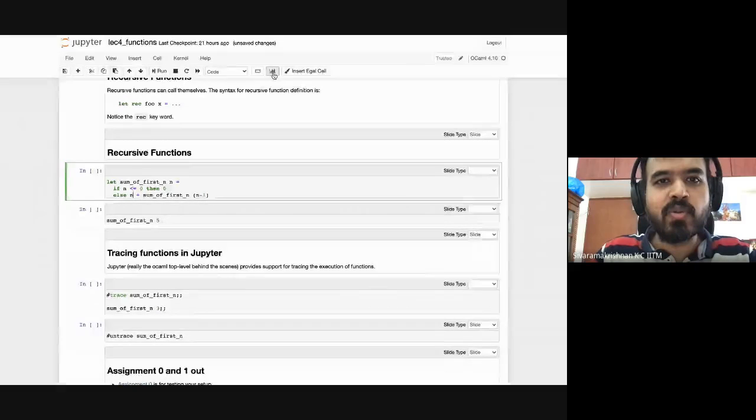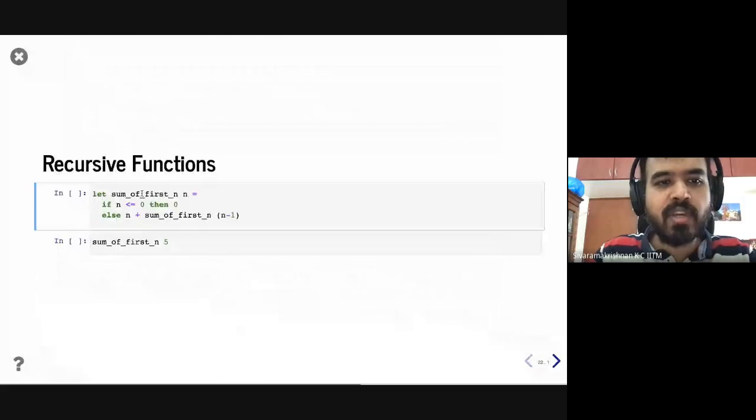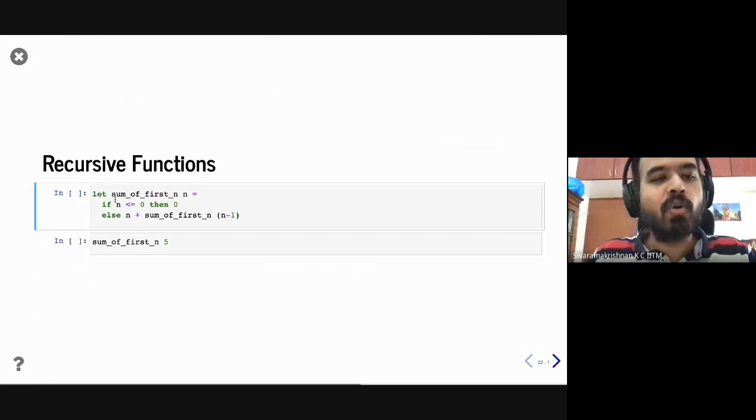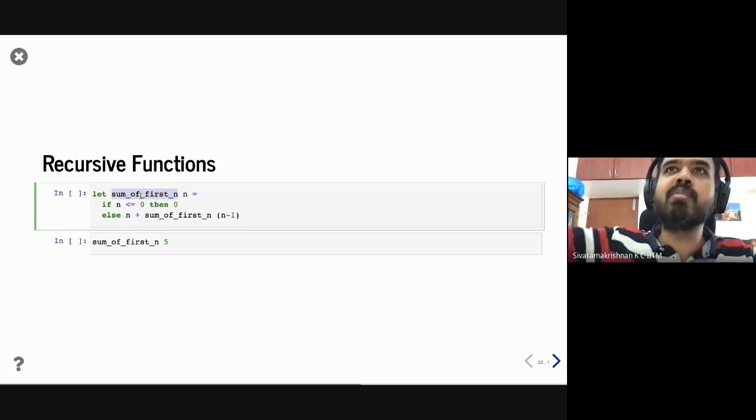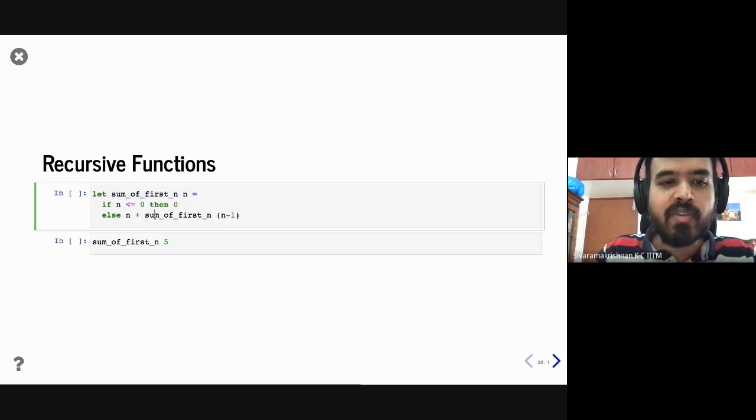The question is, what if I don't have the rec keyword? What is the rec keyword actually telling OCaml? When you don't have the rec keyword, it is going to look for a definition of sum of first n in its scope, which is not this function. So it says, okay, I will look for some other definition elsewhere. Obviously, there is not going to be a sum of first n except this definition. So if you try to compile this,